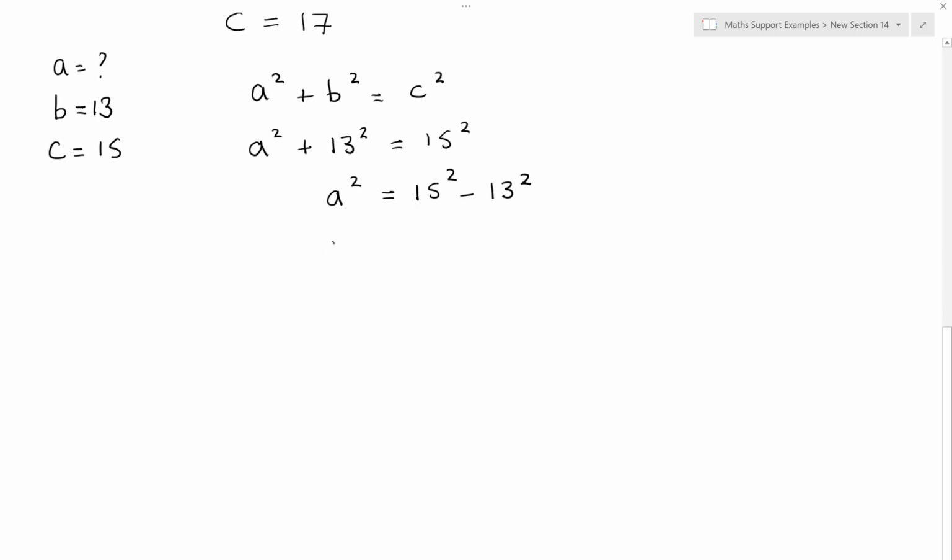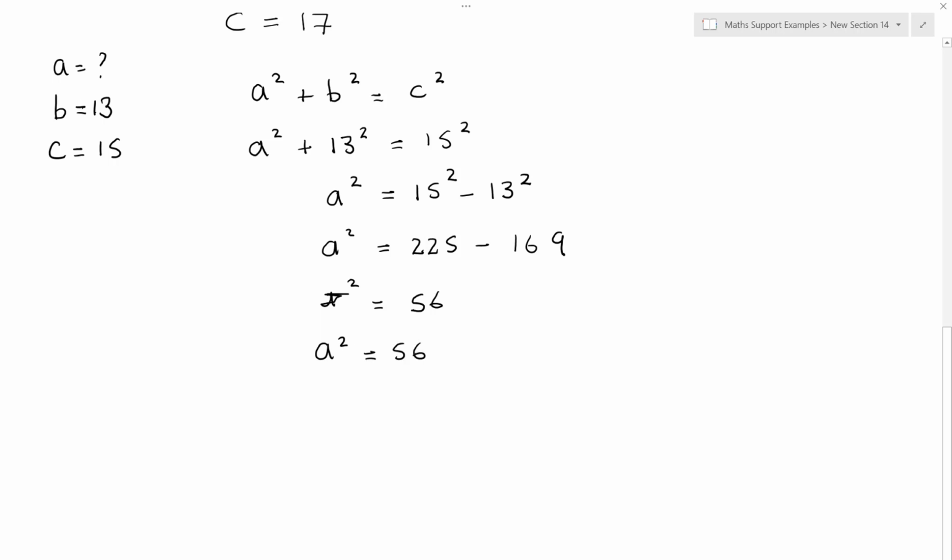Now, 15 squared is equal to 225, and 13 squared is equal to 169. We therefore see that 225 minus 169 is equal to 56. Therefore, A squared